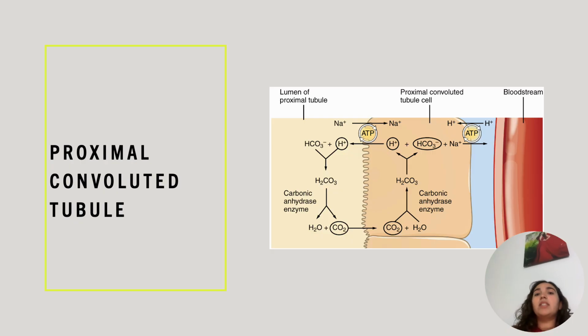isosmotic to plasma. In addition to reabsorption, the proximal tubule secretes hydrogen ions and organic acids and bases, including many drugs. Because of this bulk reabsorption, the proximal tubule plays a major role in conserving essential nutrients and in maintaining